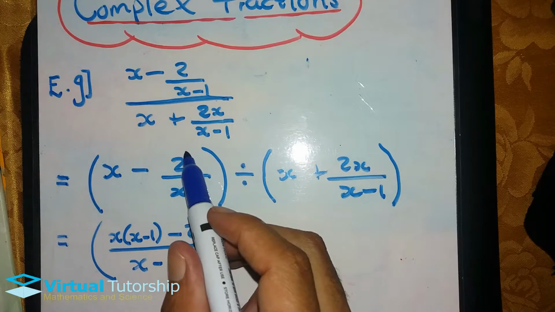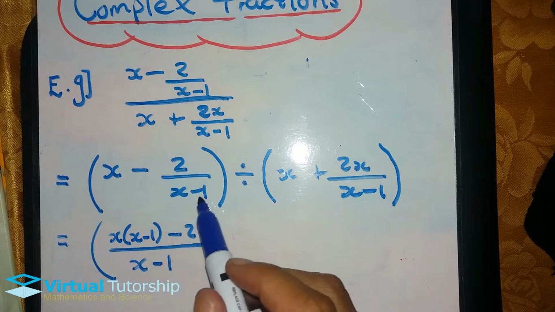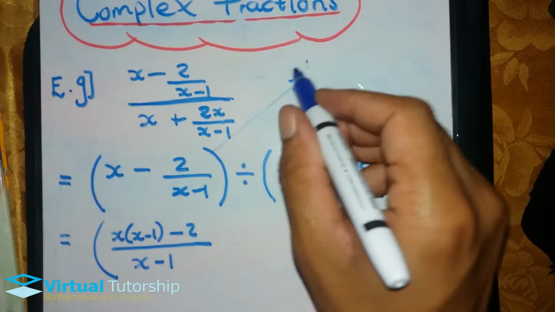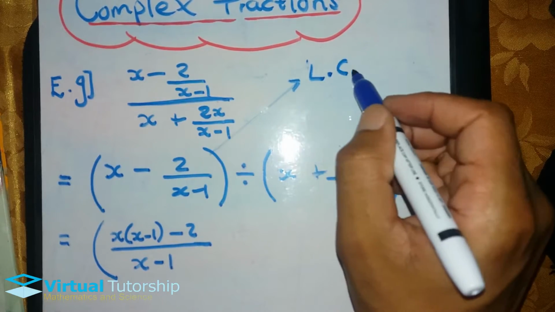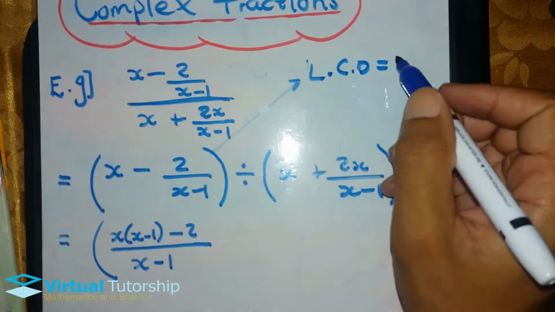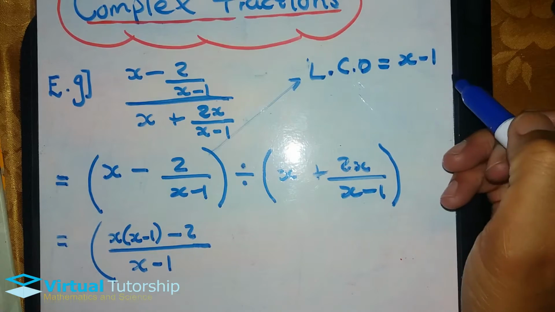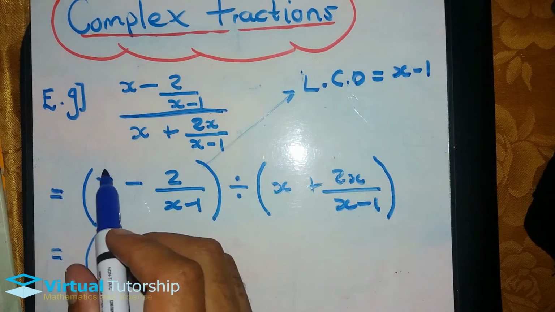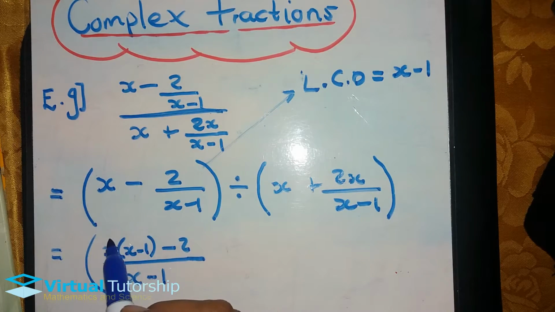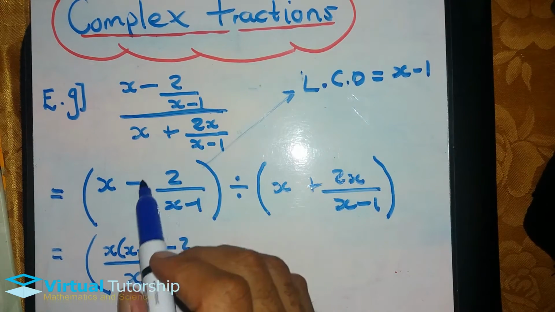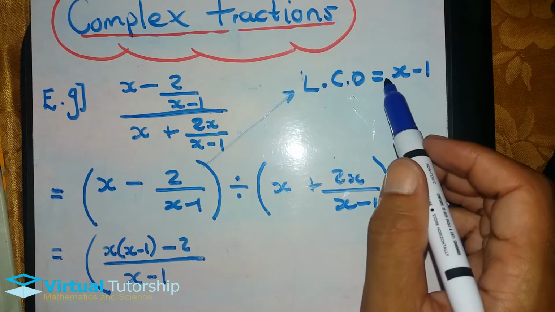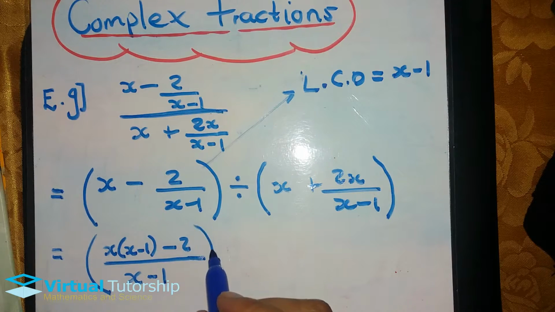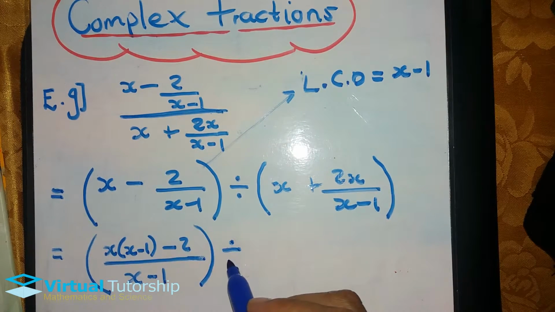Because look, I take my LCD or LCM and multiply, say for this fraction our LCD or LCM is x minus 1. So when I take this LCD and multiply this x I get something like this. When I take the LCD and multiply this fraction, it will cancel with this thing and then minus 2 remains, close bracket, divide,